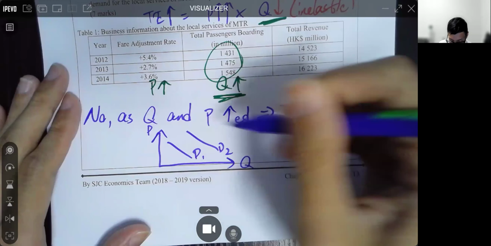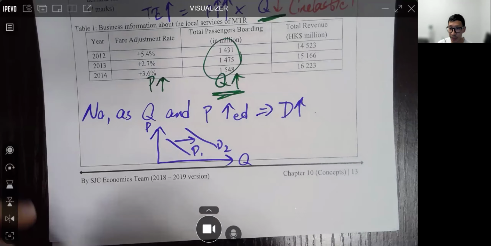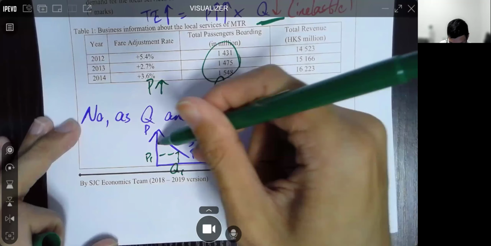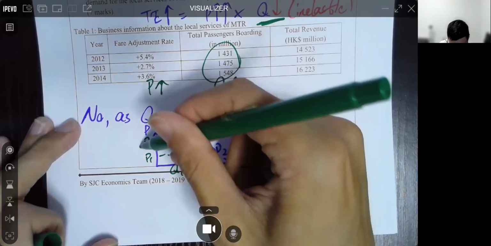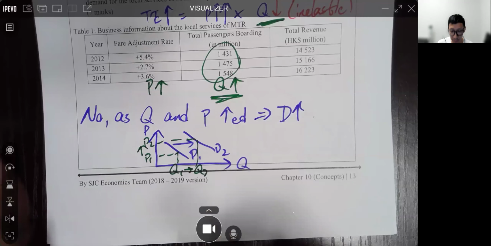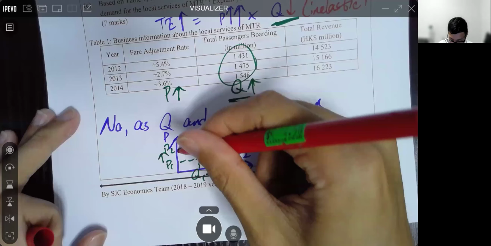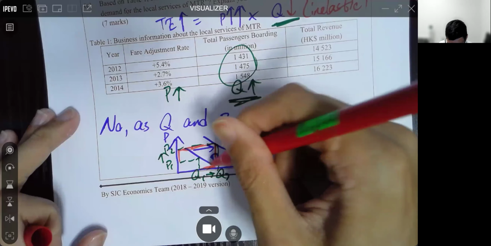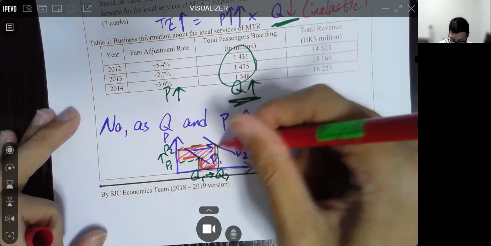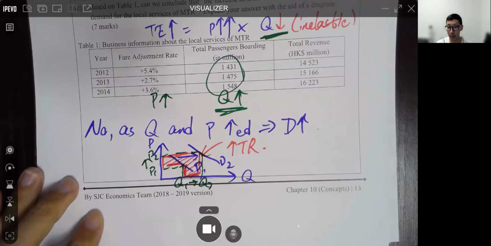This is our demand 2. 唔好意思啊，冇位啦，所以畫得爭少少啊，係嘛？Here, definitely P1, Q1, P2, Q2. According to the data, both increased, right? Now, therefore, this polygon would be our increase in total revenue. OK，好嘛？